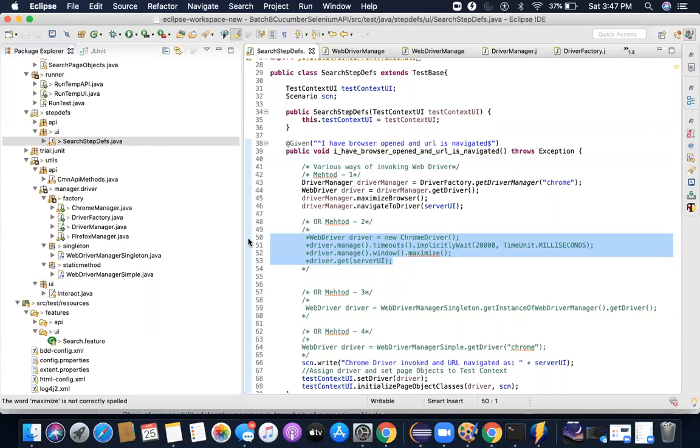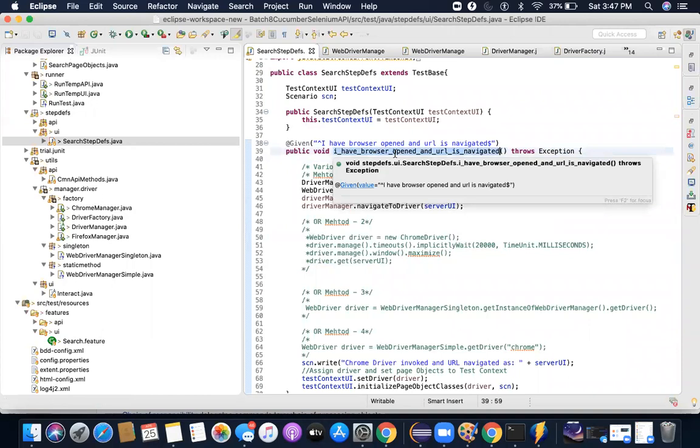This would also work because in the framework we have created, we are not initializing the driver at various places. We are always going to invoke the browser only in a single method. So even in the long term, if you want to modify something, you only have to make changes in a single method. In this specific framework structure, it doesn't really make much sense to implement these WebDriver design patterns.